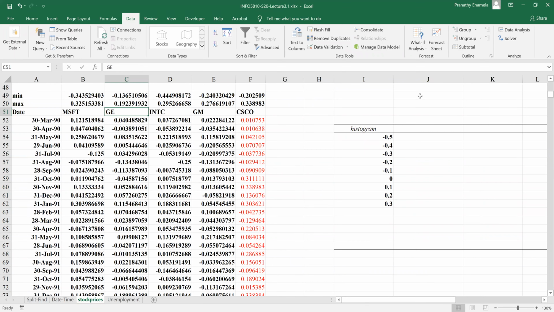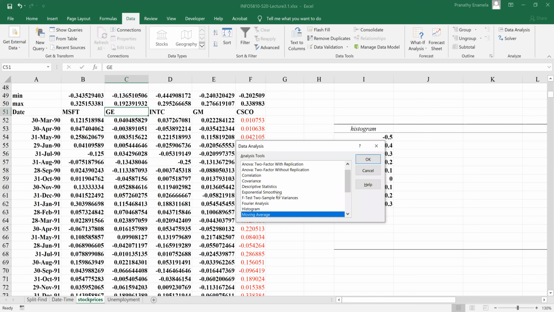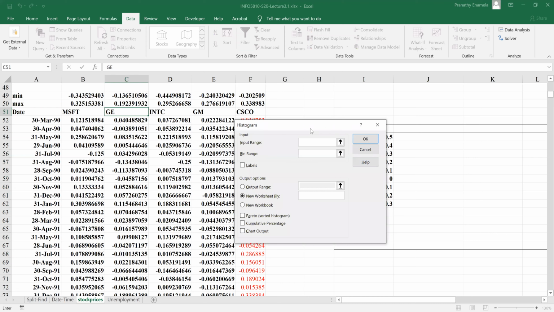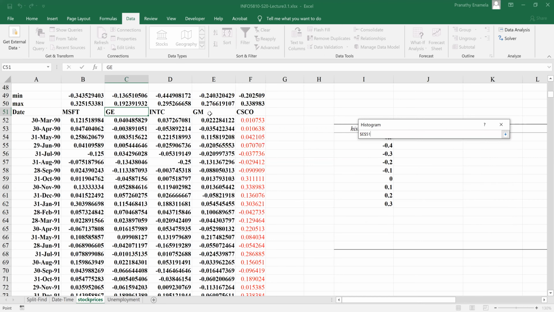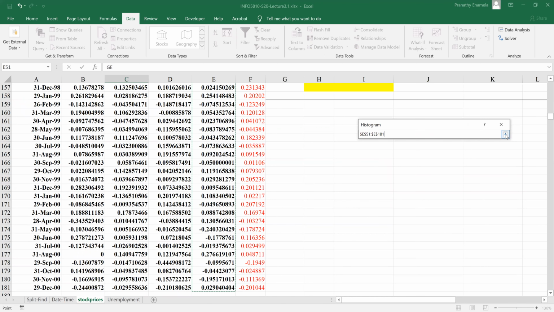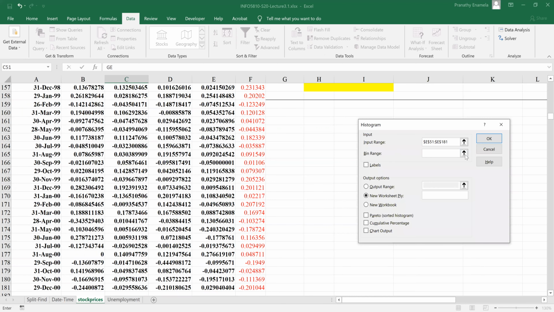So let's do it from the beginning. Click on Data Analysis and then go to Histogram and click on OK. That will ask you for an input range. So your input range is your data. Let me click on GM, making sure that I have my data labels as well. And the bin range would be